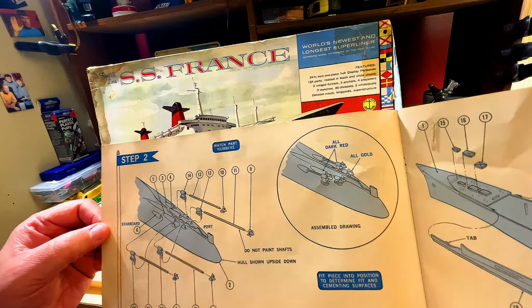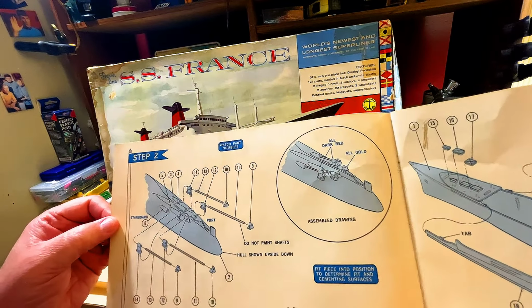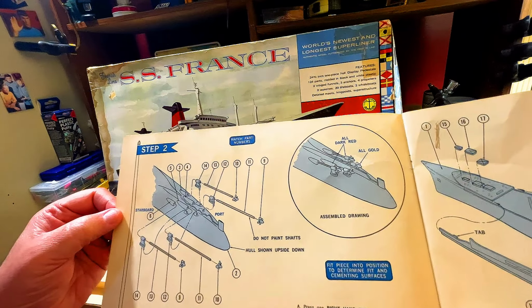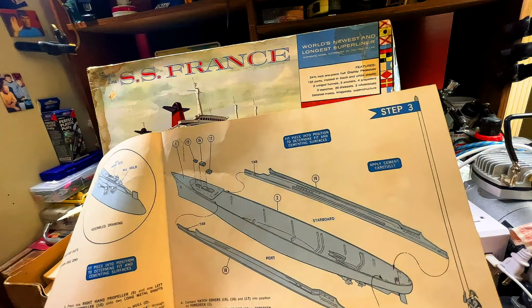And you see painting it all dark red and gold for the propellers themselves. We have step 3, and you can see the cargo hatches are going to go on. The cargo hatches 15, 16, 17 into position on the foredeck. And then